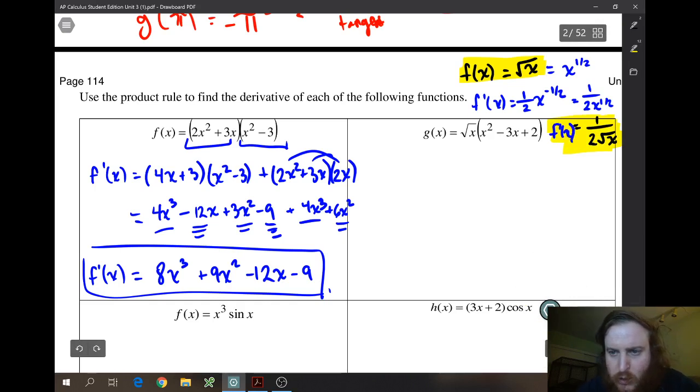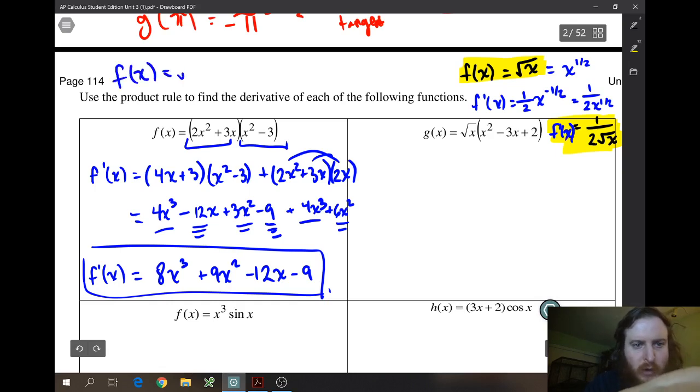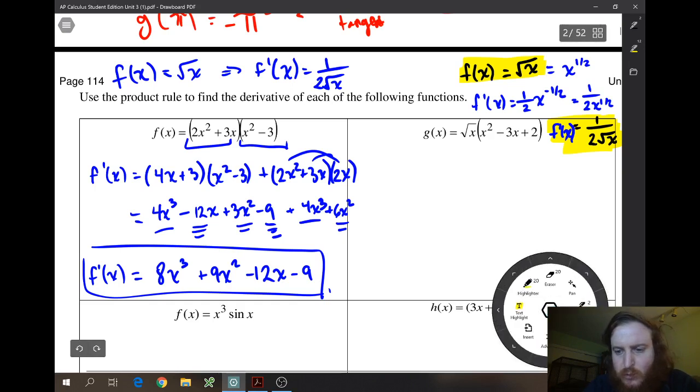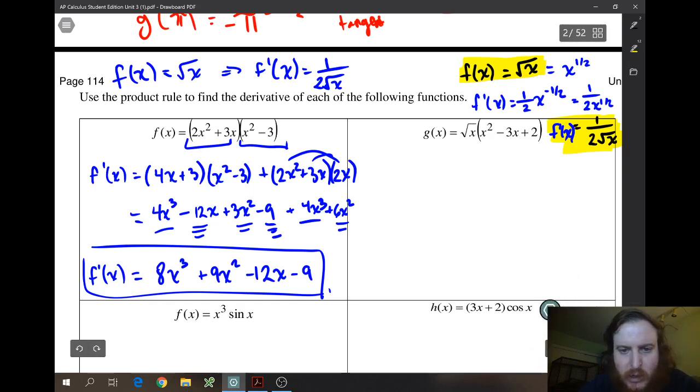So that is 1 over 2 square root of x. So basically from now on, we want to see, hey, as soon as I see square root of x, I have memorized that the derivative just is 1 over 2 square root of x. We don't need to rewrite it, we just memorize that. Okay? So kind of using that as a starting point,